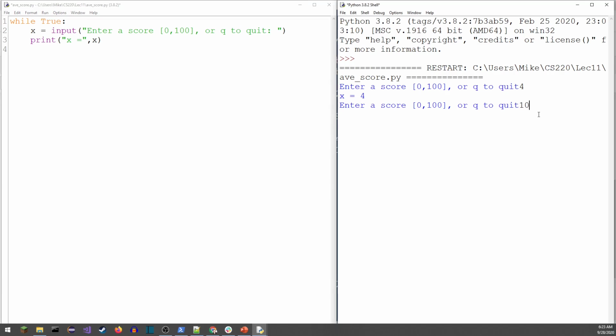Enter another number. We'll throw in a 10. Looks good. We'll give it a Q. All right, we didn't actually quit, so let's go ahead and add that piece next. I'm going to jump back over here. Instead of just printing it out, what I really want to do is say if x exactly equals the number